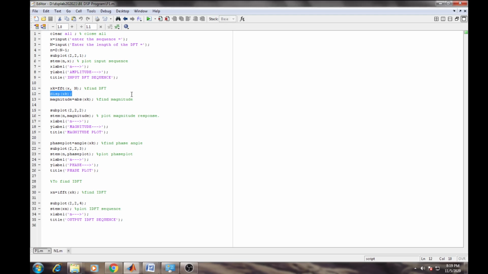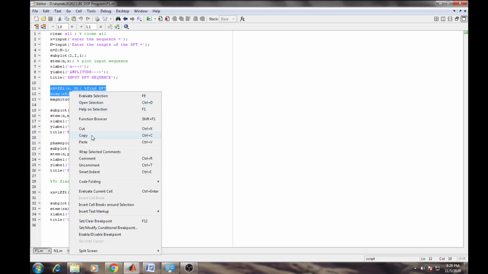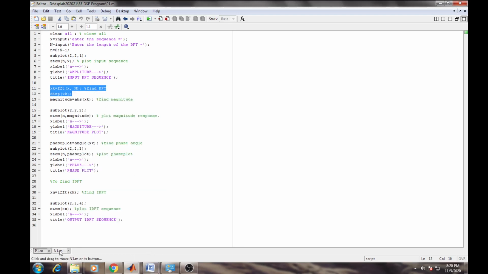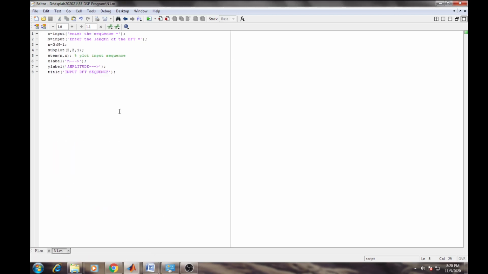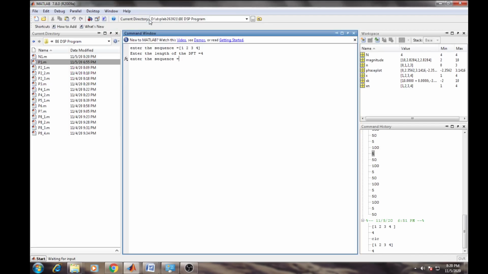So from that point of view, I use here disp X of k. Its purpose is to display; this function is specifically used for displaying our data X of k over the command prompt. I am showing you the execution of this. Along with the second file, I put this code here. Are you tracking with this? So here I entered these two statements in this file. Now I save it and do the re-execution.